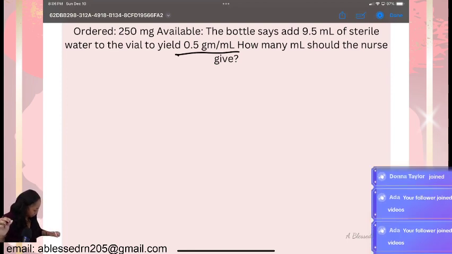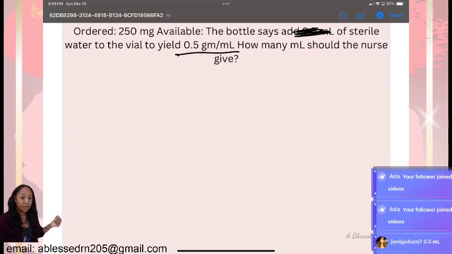Don't look at this part right here. It doesn't matter. The only way that matters is when you're a nurse on the floor, you're reconstituting a medicine. Reconstitution only means that you're turning a powder back into a liquid so that you can give to the patient, okay? So that doesn't matter right now. We just want to know the final concentration. That is it. That is the only thing that you are going to be looking for. Everything else is fluff, and it is going to distract you.